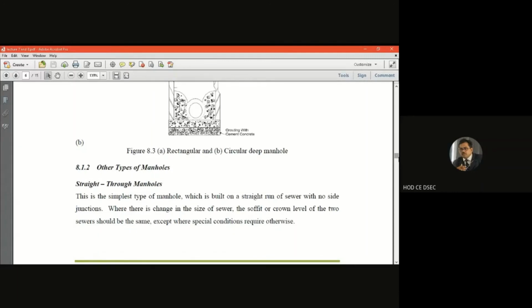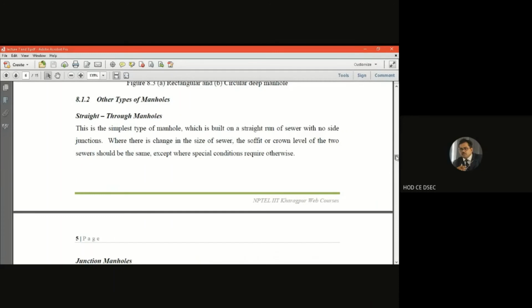Now other types of manholes, as per the utility services are concerned, there are other manholes also. So we can see there are various types of manholes, and this is a very interesting topic because these are the main sewer appurtenances we must discuss for the inspection and maintenance purposes of the sewerage system. Let us see what are the other types of manholes. Now we have entered into the other types of manholes.